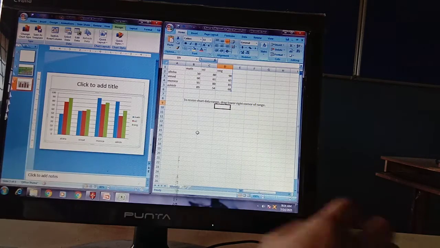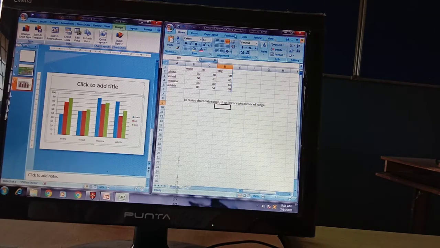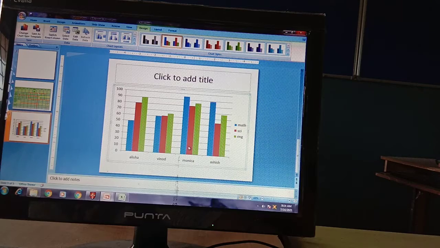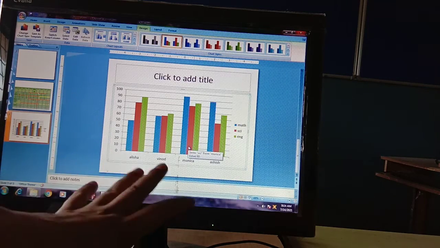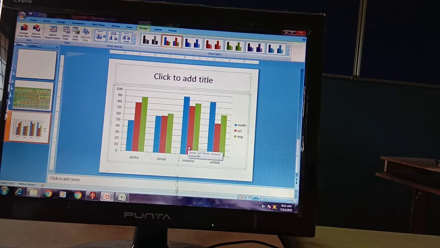These bars are symbolizing the marks, and you can close this. Either you can close it and have it like this. So see, your graph, your chart is ready. For example, you are comparing something. Whenever you are comparing something, it is always better to show it by a chart or graph, because comparison is easily helped with the help of graphs.